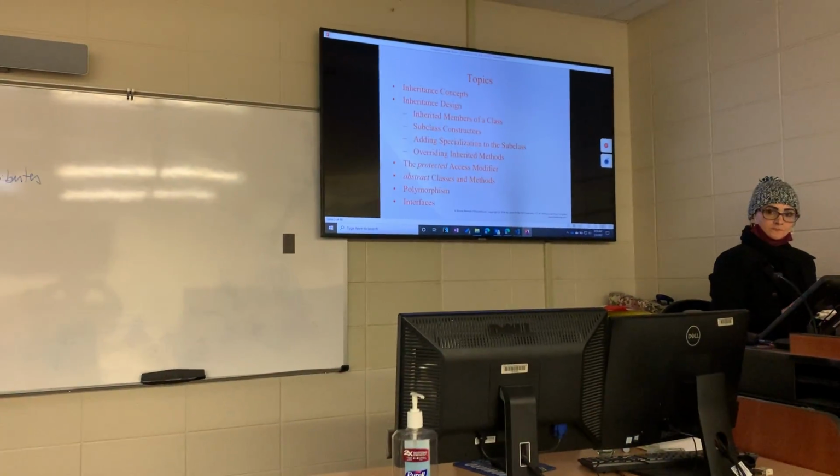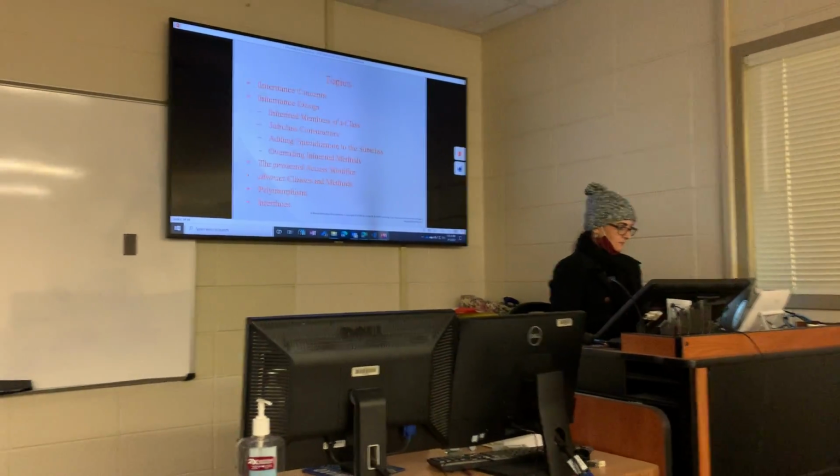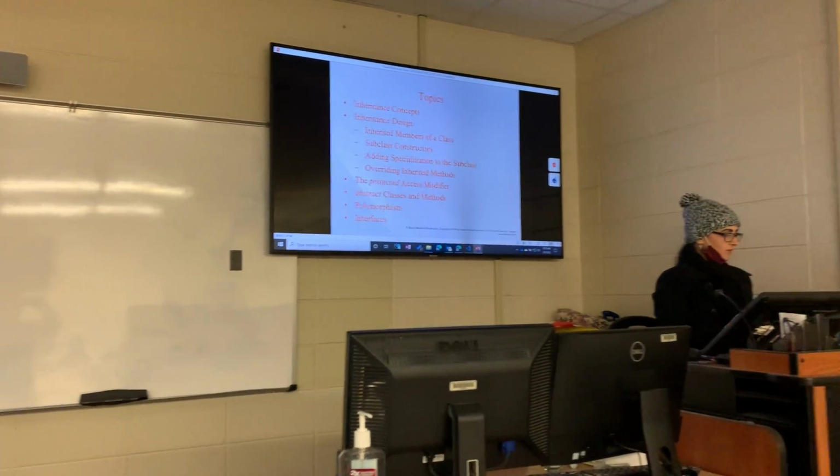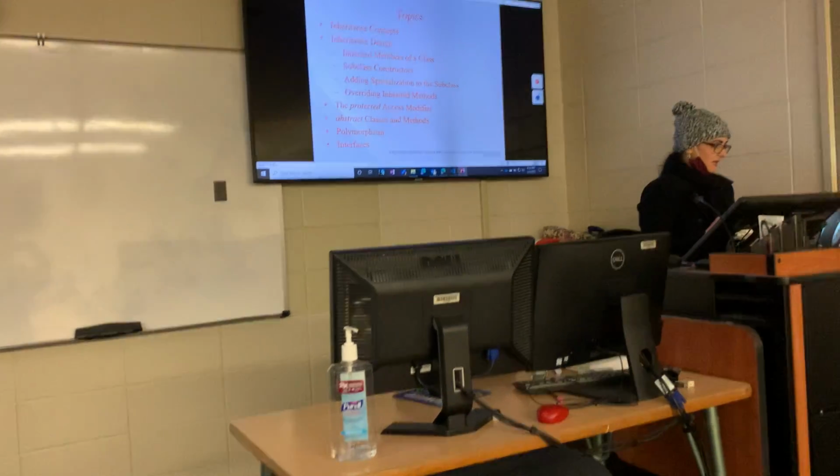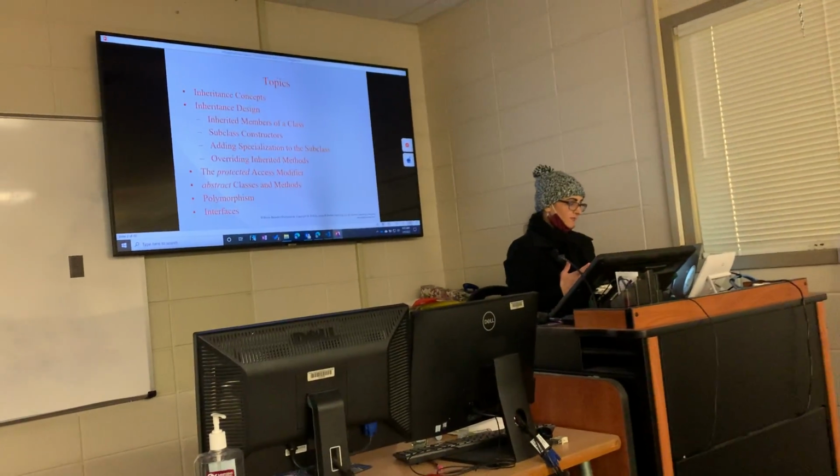What's the difference between inheritance and import? We're going to talk about that. We'll look at an example. Then we're going to talk about the protected access modifier, abstract